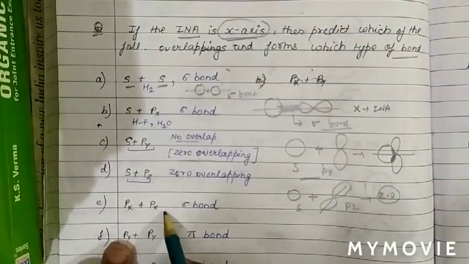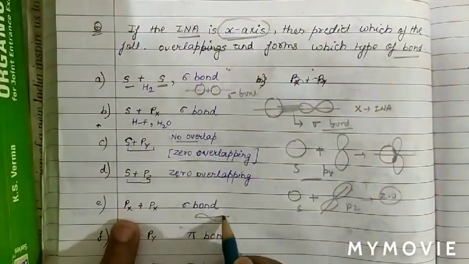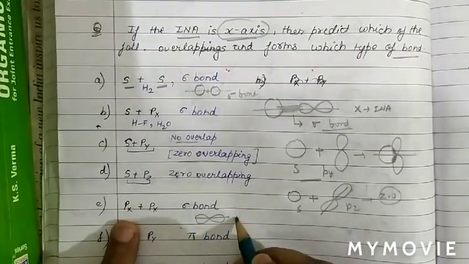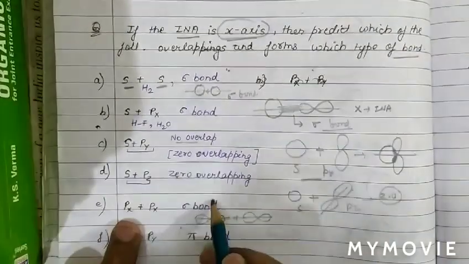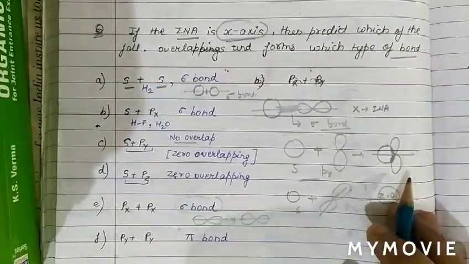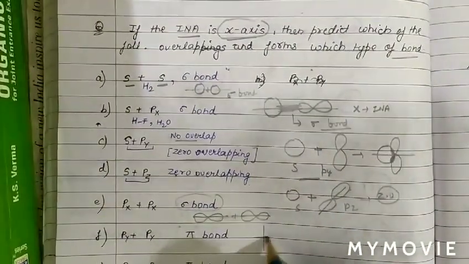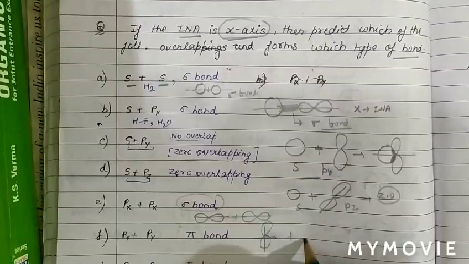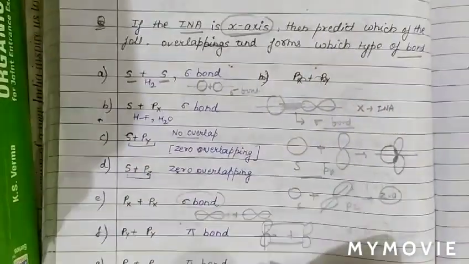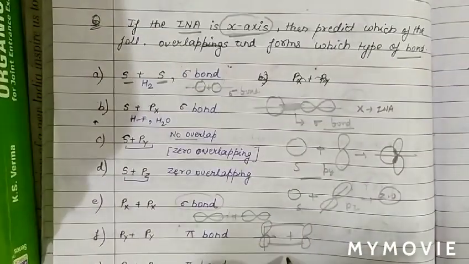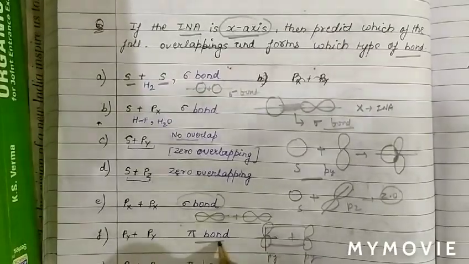Now we will see px and px. As we know, px means the orbital px along the internuclear axis, as the x-axis is the internuclear axis. Now px is overlapping, so head-on overlapping takes place and a sigma bond is formed. Now the next case is py. As px is this one, py will be like that. This is py, another py is like that. Their overlapping takes place, but it is sideways overlapping above the internuclear axis and below it. So py will form a pi bond.